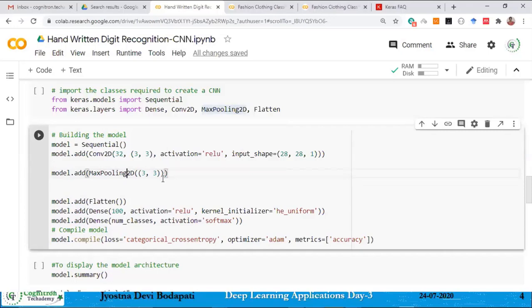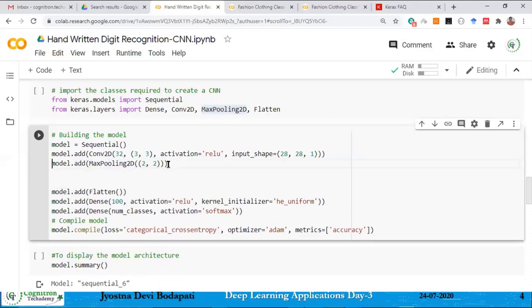It is a practice that we follow max pooling to reduce the size of our feature maps. Usually we follow the 2 by 2 max pooling 2D operation, or 4 by 4, anything you can give. That is what the max pooling layer is. You just need to pass the kernel size. That's all you need to do.